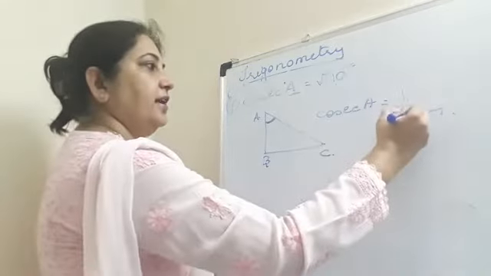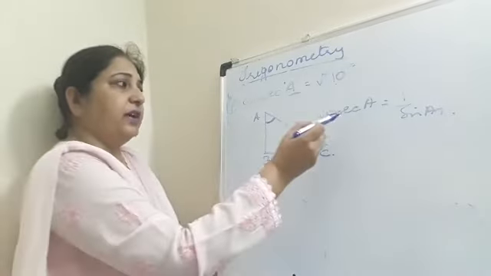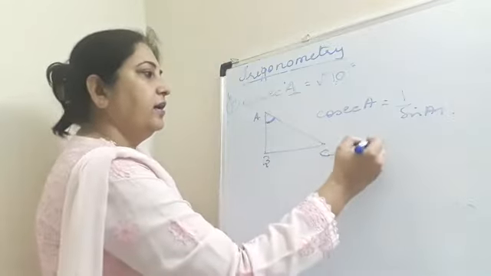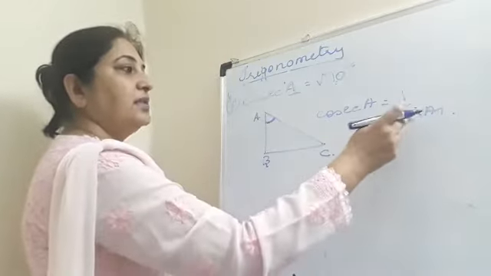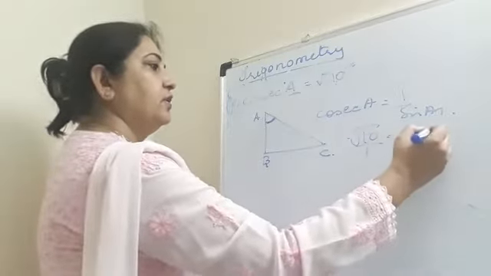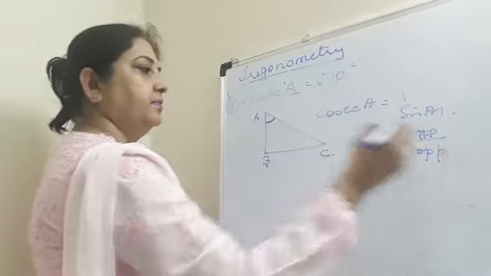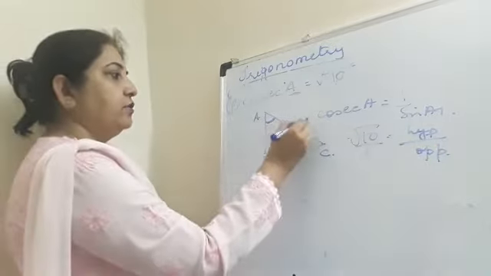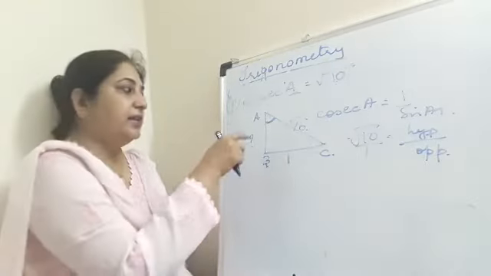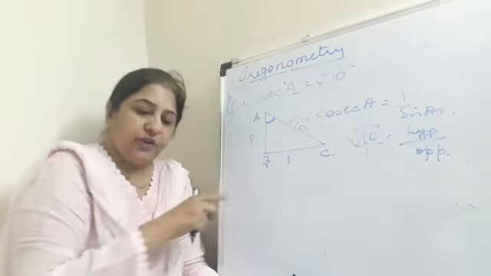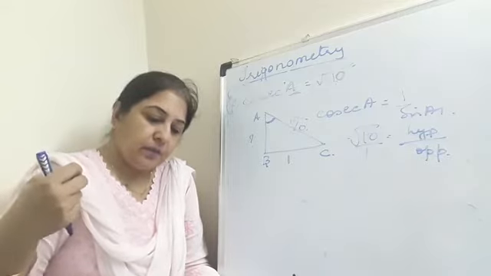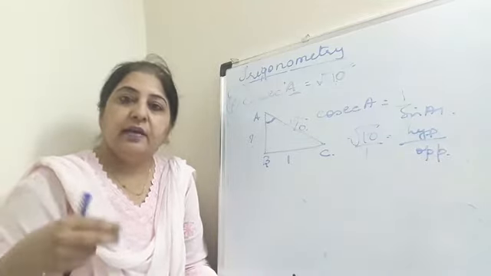So if this is angle A, and cosec A is root 10, what is cosec A? Cosec is 1 upon sine. So root 10 I will write as root 10 upon 1. Now sine A is opposite upon hypotenuse, so definitely cosec A will be hypotenuse upon opposite side, right? So root 10 will be hypotenuse and the opposite side for A will be 1. So you can find this one. When you find this one, you have to find all the other trigonometric ratios. Means you have to find sine A, cos A, sec A, tan A and everything.